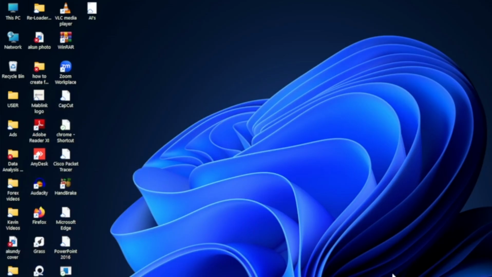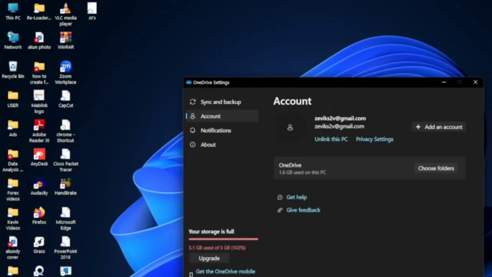So to do this, locate your OneDrive icon. This is OneDrive here. Click on it. Go to settings. Click on settings. Then when you come here,